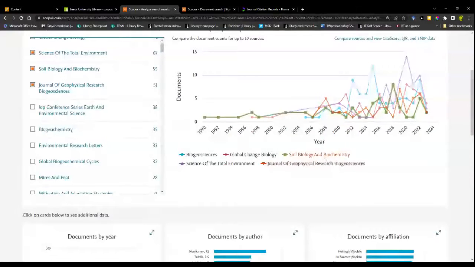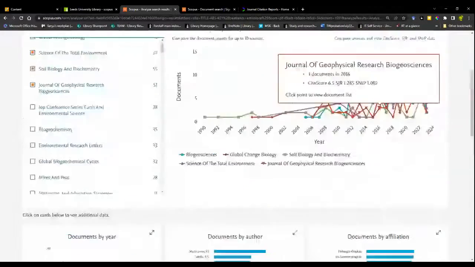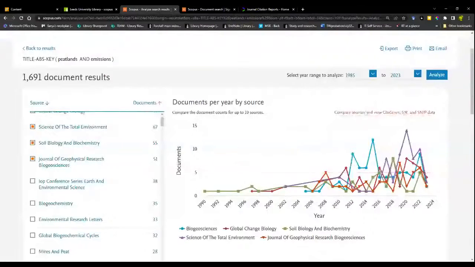But you can hover over any of these over in the graph view to single out a source. So it may be that you wanted to hit a journal which is publishing a high quantity of information similar to yours, so that you know it's got a good readership. Okay. We can also go through, I'm not going to do it right now, but you can also go through